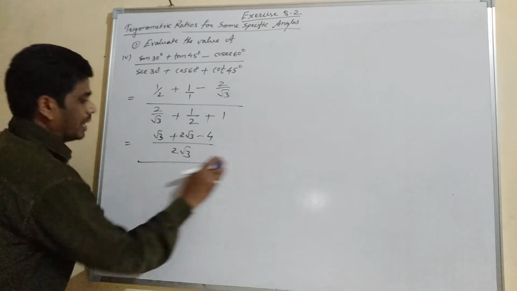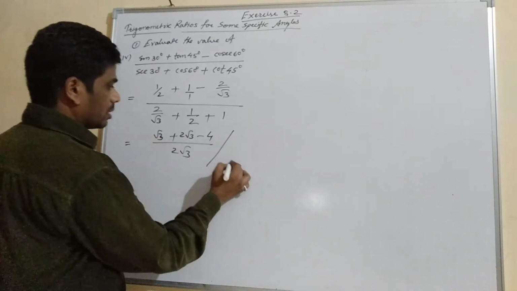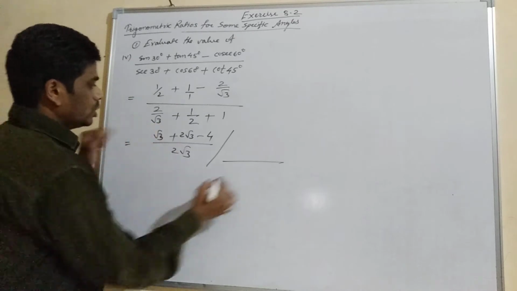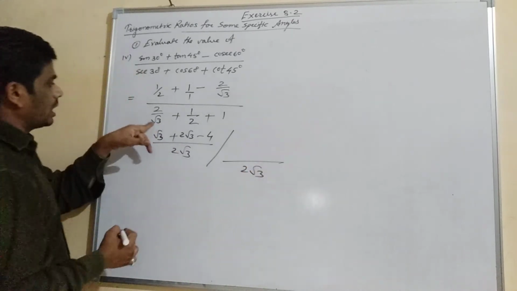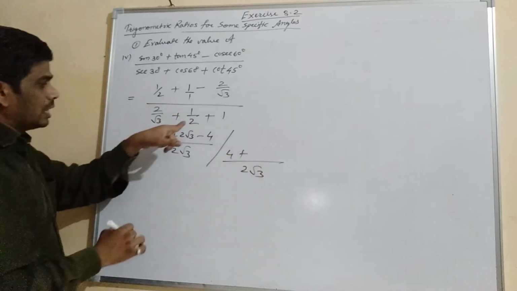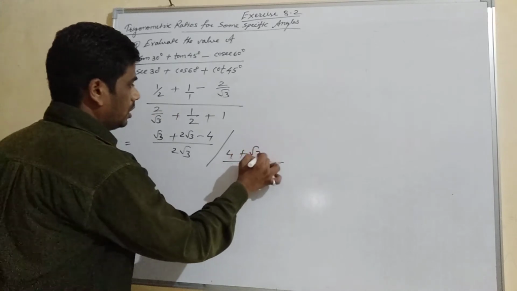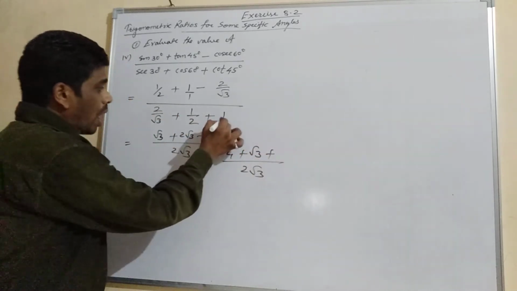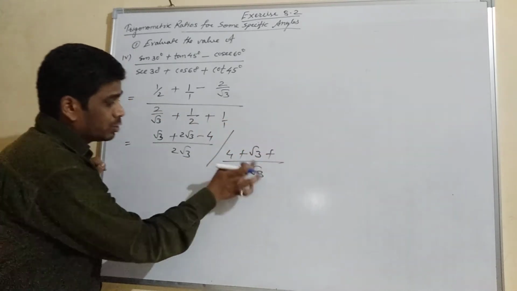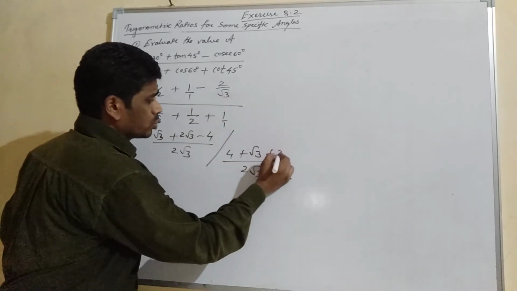Upon, or you can write like that also. Upon the here also the same denominator. It will be LCM 2 root 3, and here root 3 will be cancelled. 2 2s are 4. Plus here 2 will be cancelled, which means root 3 we will multiply by 1, so root 3. Plus here 1 upon 1 we can write, so we will divide 2 root 3 by 1, so it will be 2 root 3. We will multiply by 1, so 2 root 3.